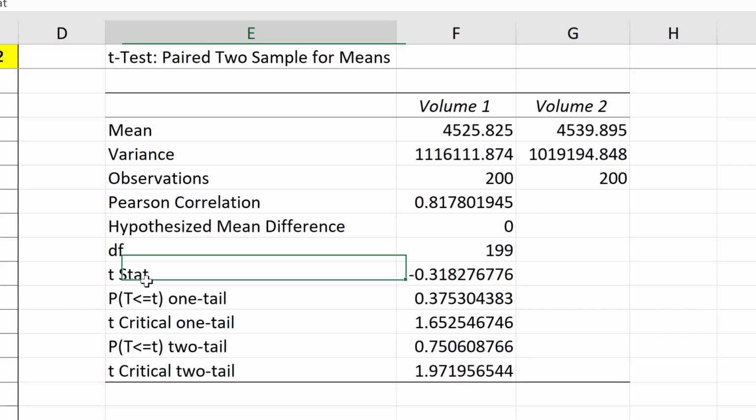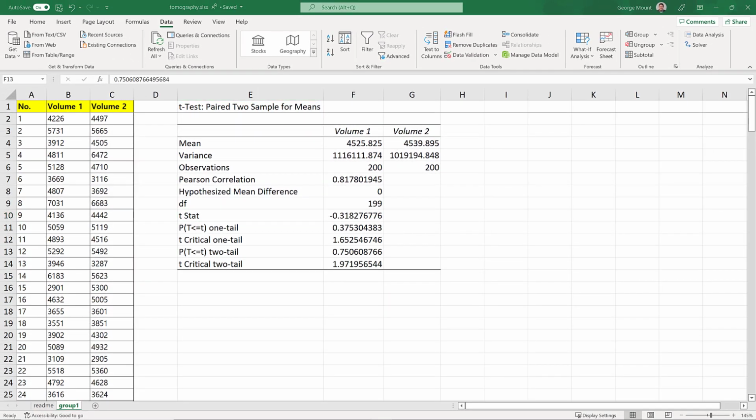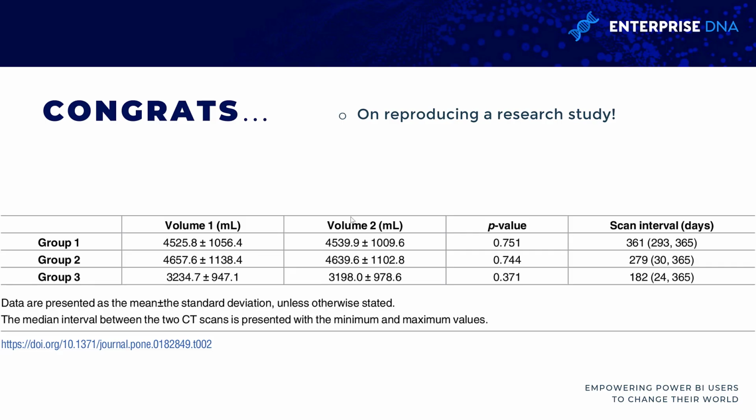Okay, so let's recap here. Before we do that, just try to keep this number memorized. So we have 0.751. Okay, and let's go back to the slide and check this out. So this is the data for group 1. We can see here from the PLOS ONE journal 0.751. So we were able to reproduce